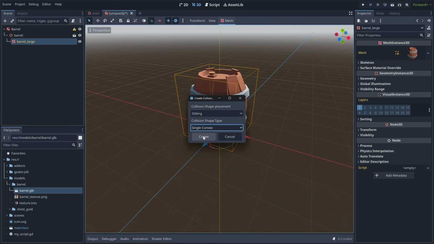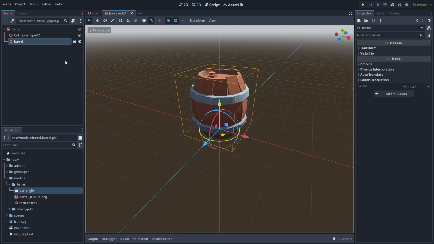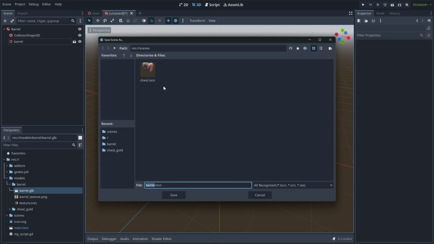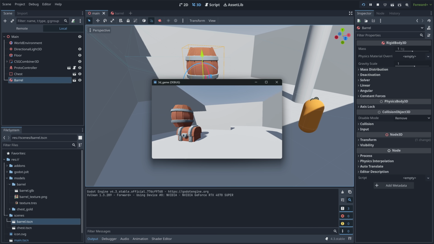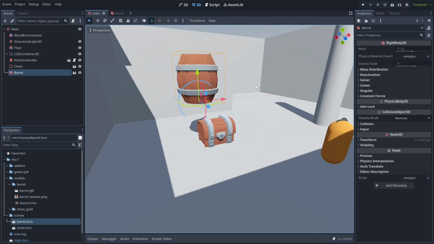I'll choose single convex and hit create. Now we can move the collision shape to be under the barrel and disable editable children. I've made this barrel a rigid body to show this more clearly, so if we save it as a scene and position it over our chest, when we play the game, we can see that indeed the collisions are now pretty accurate. I'll have a link to the docs where you can learn more about when it's best to use